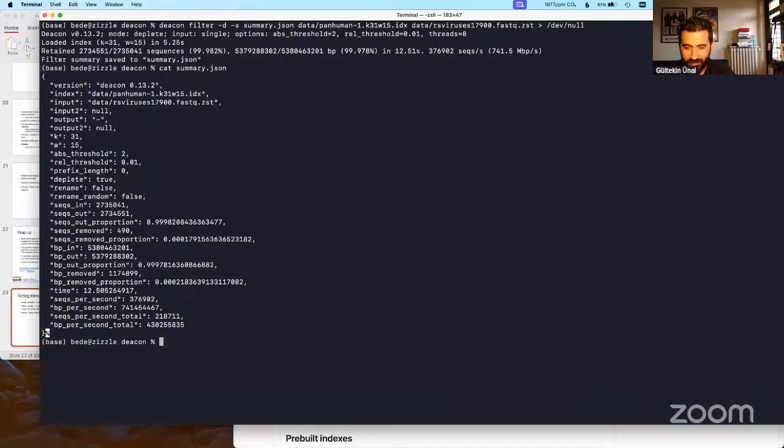Okay. There's another question, but we have 2 minutes left, so I'm happy to quickly answer another question. Can you feed it a directory instead of a single file? No, you can't feed it a directory, but it's funny you say that because I've recently been implementing that in a kind of fork of Deacon, which does something else.